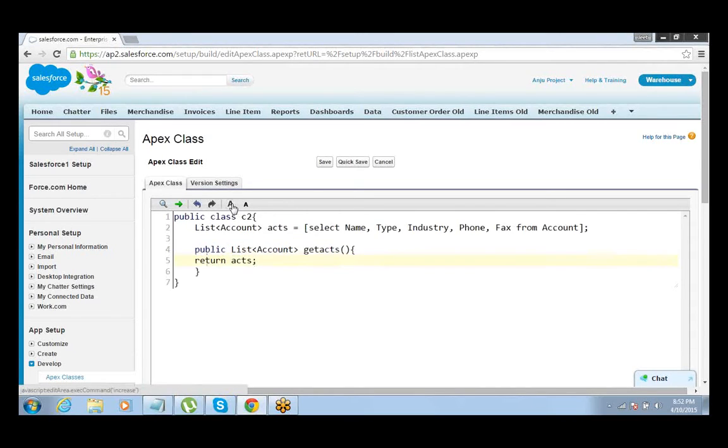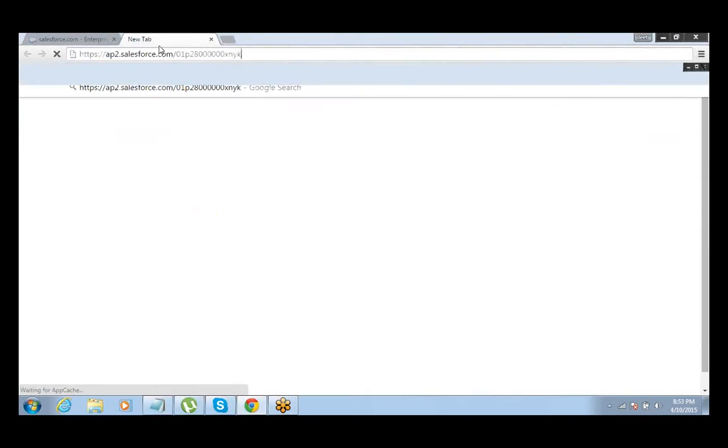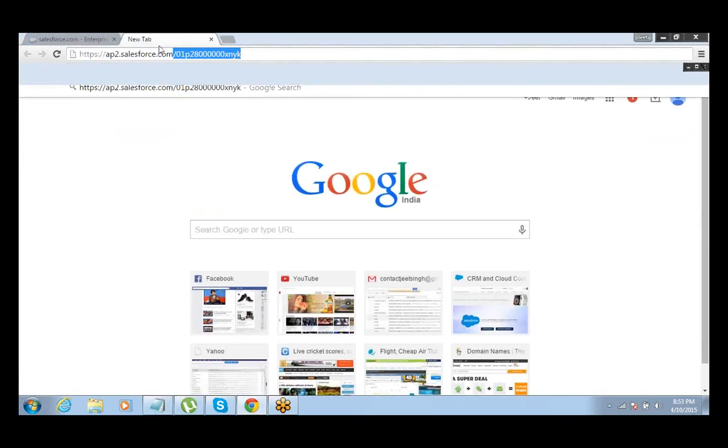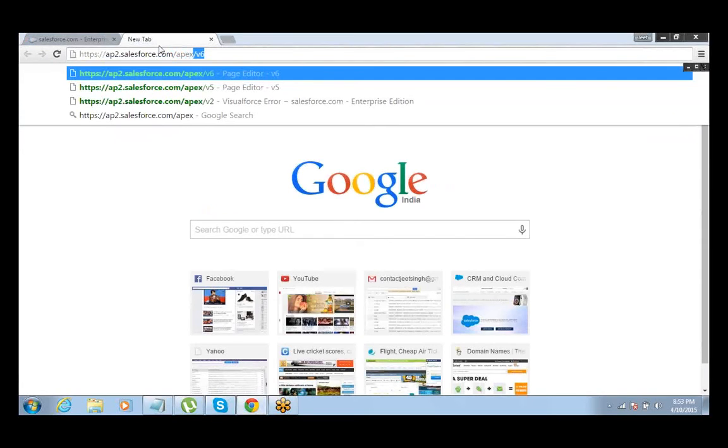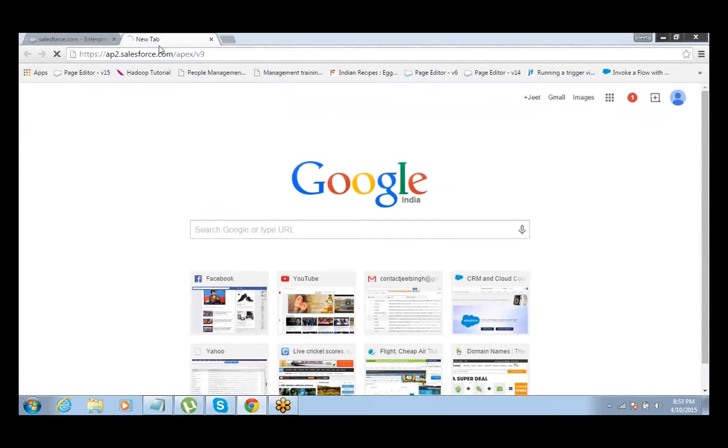So exactly the code that we did yesterday, I'm just using the same code, just that in yesterday's example we took a string, and here we are talking about a list of accounts. That's it, no other difference. Alright, so just save this, go to your Visualforce page. Apex slash whatever page name you want to give.